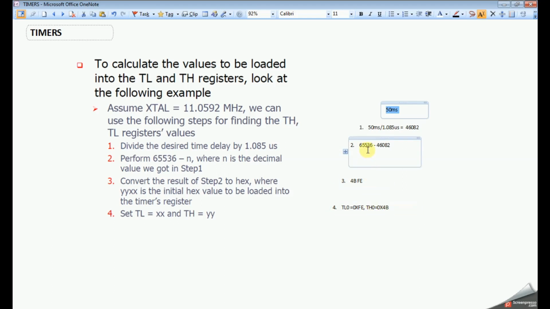If you do the math, you get 65,536 minus 0. If you calculate that in reverse, the maximum you will get is around 72 millisecond. You can calculate that later. Now I am going to proceed to the next slides. I hope you understood this.